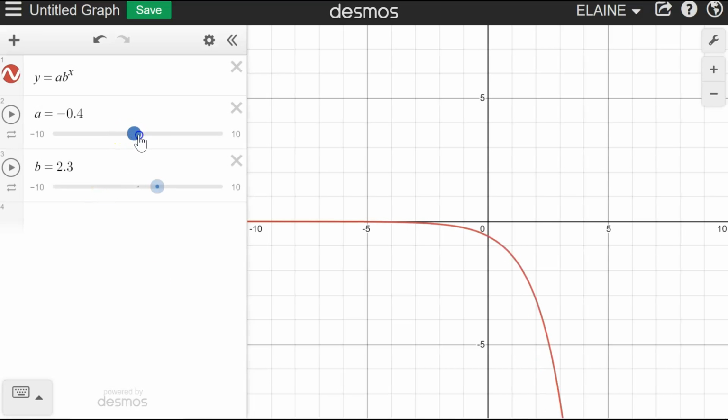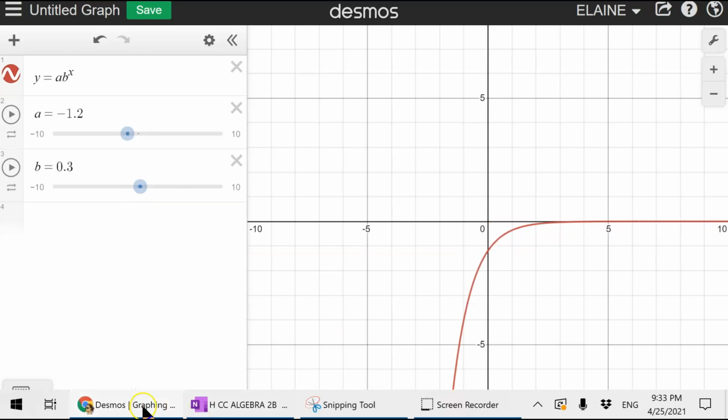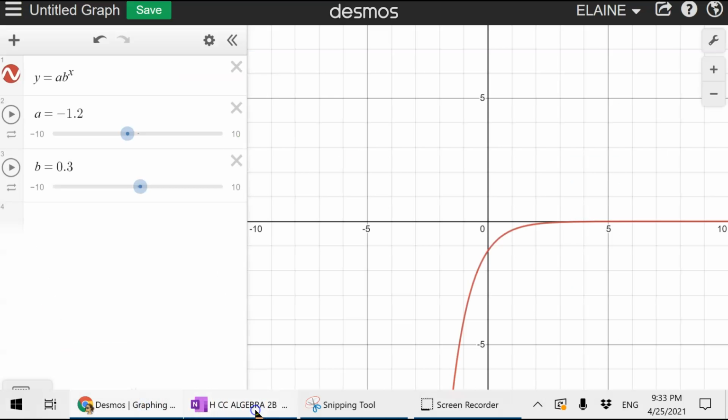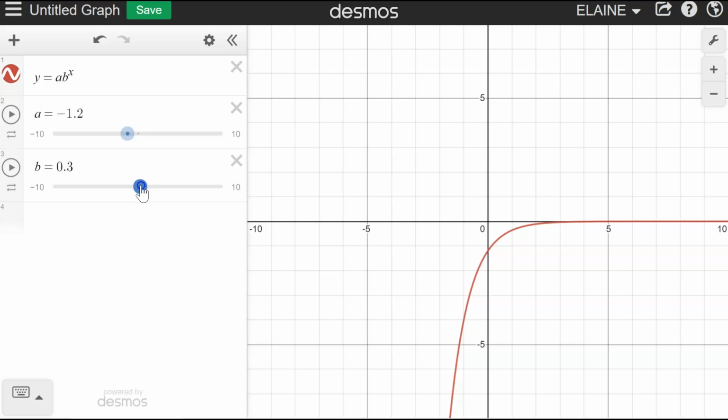Okay, so if I change this one, nope. Okay, what if I change this one? Nope. And is that what we want? There it is. Alright, so B has to be, let's look at just B. B has to be,